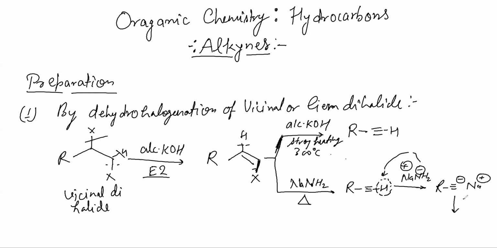Then we add some water or H plus, and it again becomes this. Please note this. This is done by the E2 mechanism. Again, I'm saying alcoholic KOH means a general pi bond will come, by elimination. And if you want to keep using alcoholic KOH, you will require very strong heating, and after strong heating you will get the triple bond. In case of NaNH2, not very strong, but simple heating will cause the triple bond to come. Please note this.